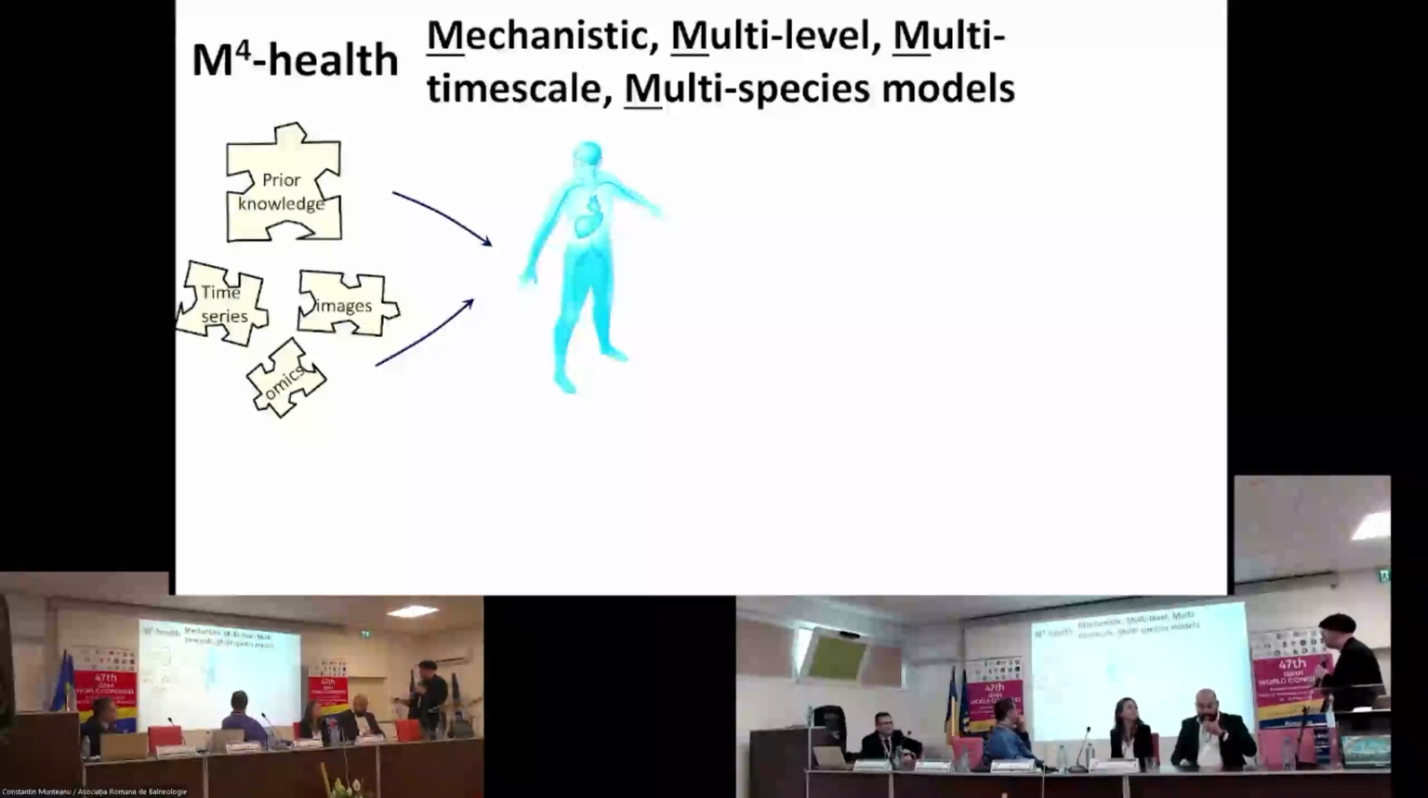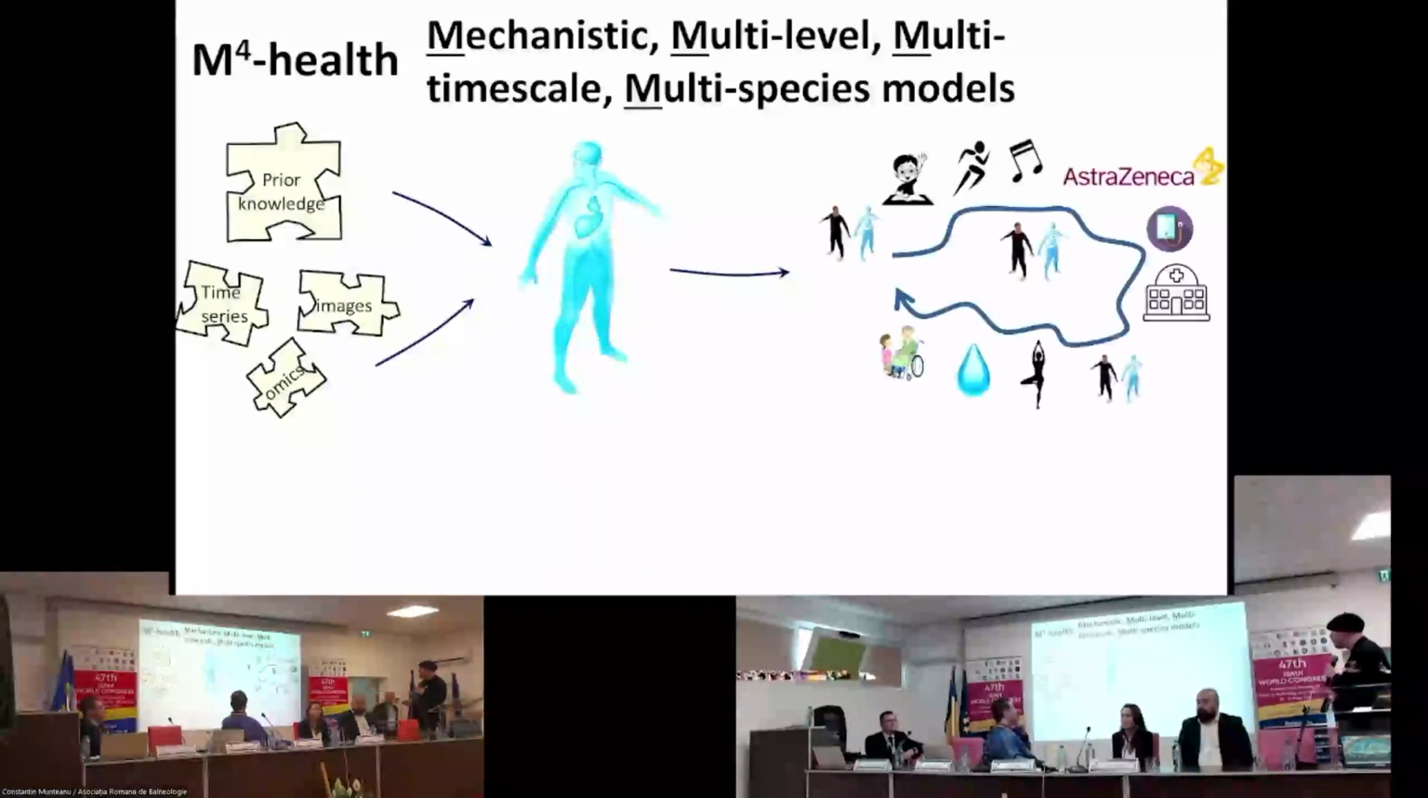Might be some time series, might be some omics if you take a blood sample, for instance. So all of these can contribute to building this puzzle, this description of the human body. And then we want this to be useful for a variety of different actors. When you go to school, when you go to a gym, when you develop drugs, and when you go to